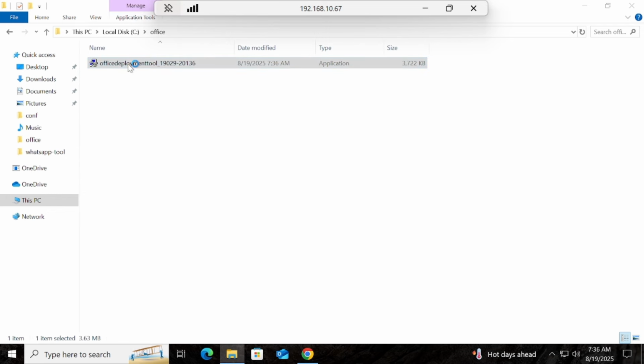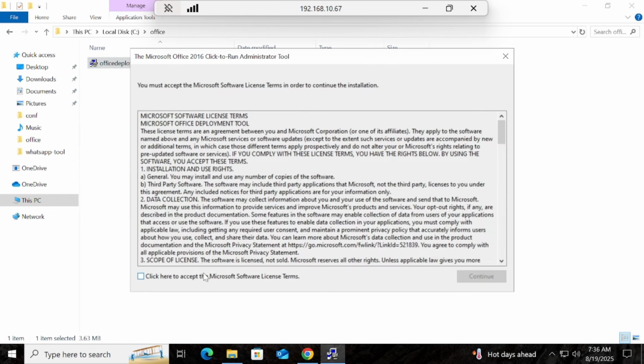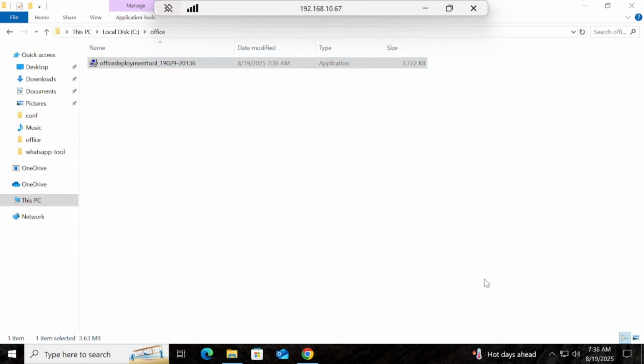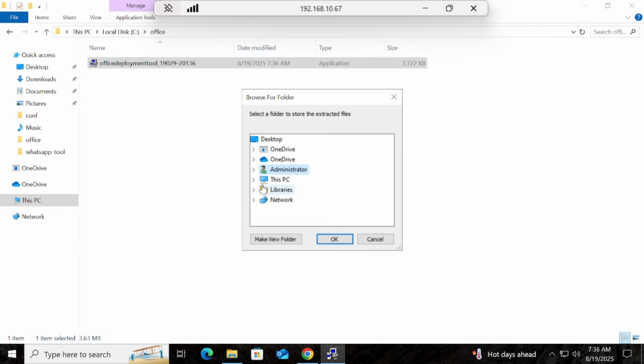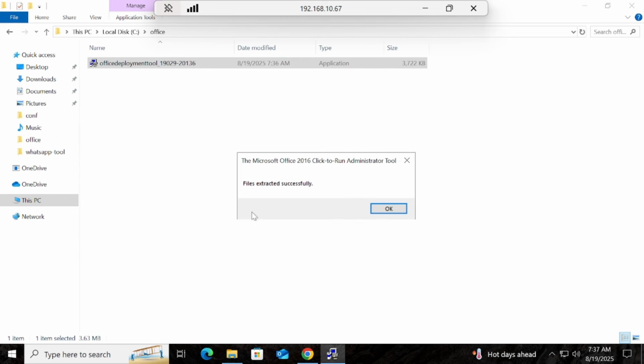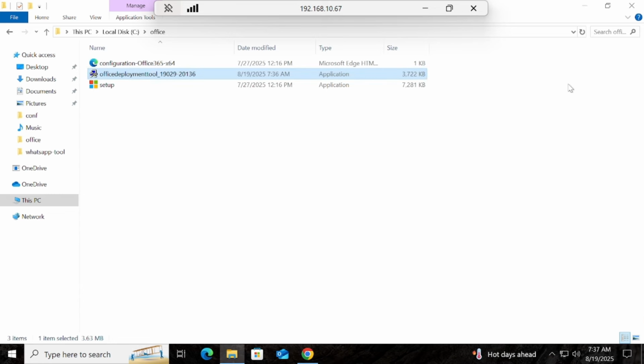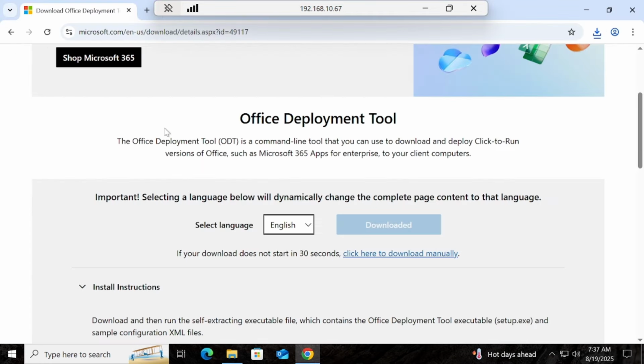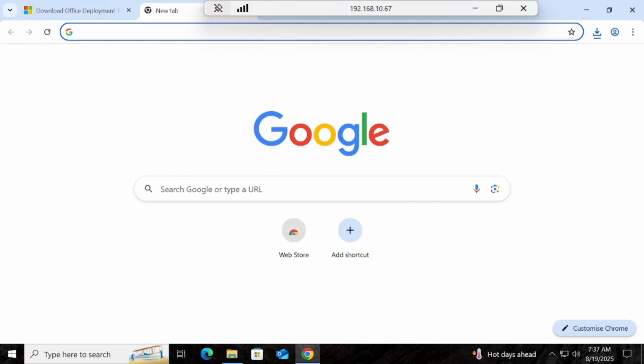Then you have to double click on it, check mark, and continue. Then you have to choose the same location. It is done. Now you have to download one XML file, the configuration file of